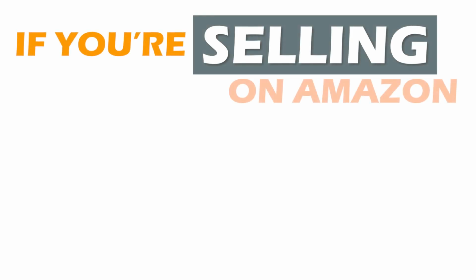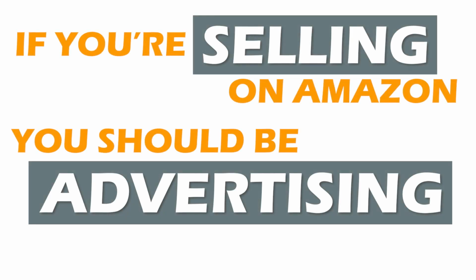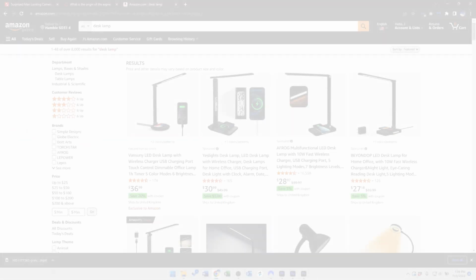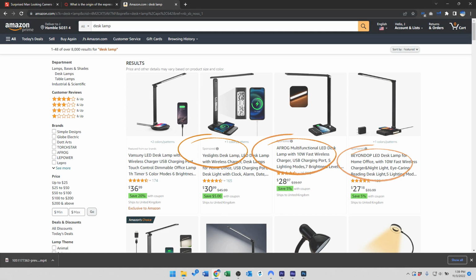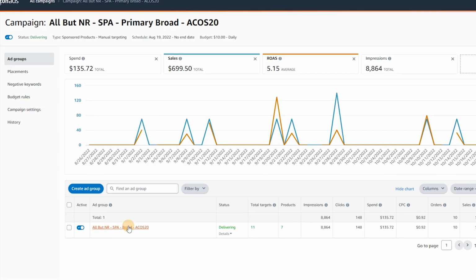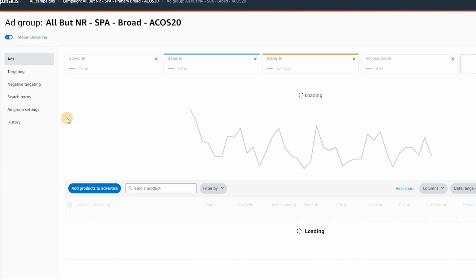If you're selling on Amazon, you should be advertising on Amazon. Why? Well, because Amazon's pay-per-click advertising options are just so effective at generating revenue for your product. And thanks to Amazon's campaign manager, nowadays you don't have to pay an agency to optimize your Amazon pay-per-click campaigns